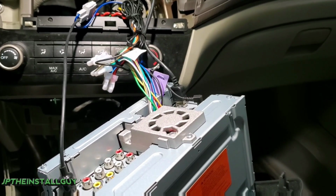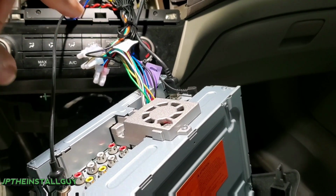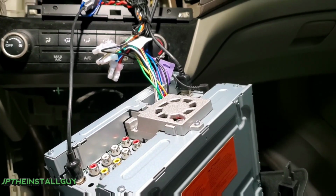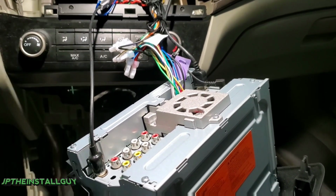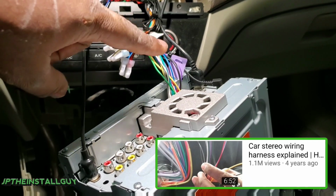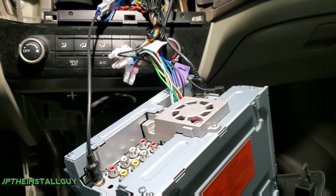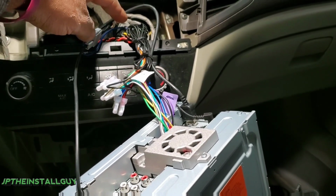Alright, y'all, so we're back inside the car. I got everything wired up. If this is your first time here, you're probably asking yourself, why didn't I actually go over the wiring? Well, here at this channel, we mainly do radio removal and install videos, and I didn't want to take too much time going over the wiring every single time I make a video, but I didn't forget about y'all. I made one video showing y'all how to wire up a CD player. I go over wire colors, what that means, different types of connections. Yes, every car is different, but as long as you know what these wire colors mean and you buy the harness that you're supposed to have for your vehicle,